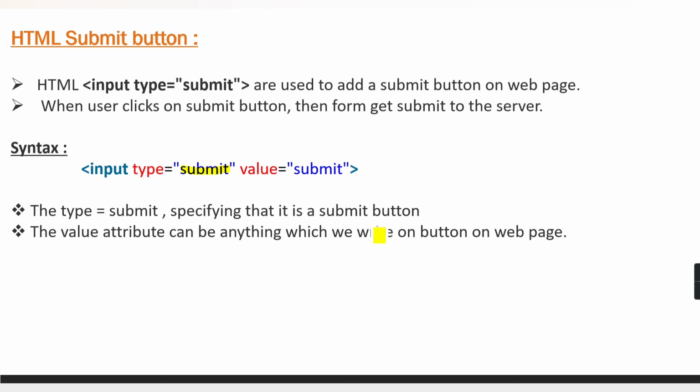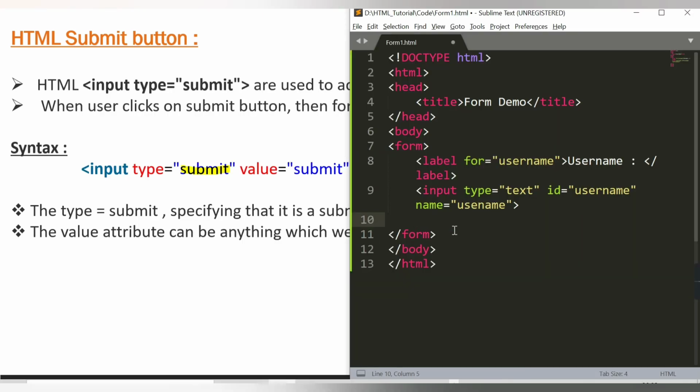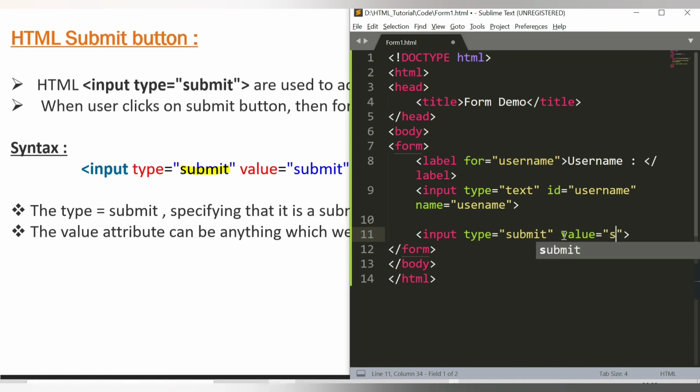So let's cover that in our code. Let's say we have username, and then we have input, type as submit. We can omit the name with the submit type. We can use a value, and let's say I want to say submit.